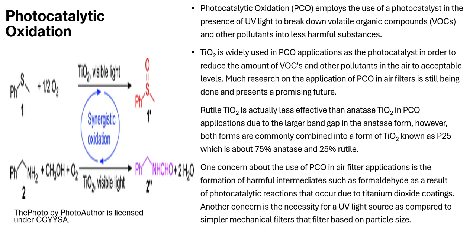Rutile TiO2 in its pure form is actually less effective than anatase TiO2 in PCO applications due to a larger band gap in the anatase form. However, both forms are commonly combined into a form of TiO2 known as P25, which is about 75% anatase and 25% rutile. One concern about the use of PCO in air filter applications is the formation of harmful intermediates such as formaldehyde as a result of photocatalytic reactions that occur due to the titanium coatings. And another concern is the necessity for a UV light source as compared to